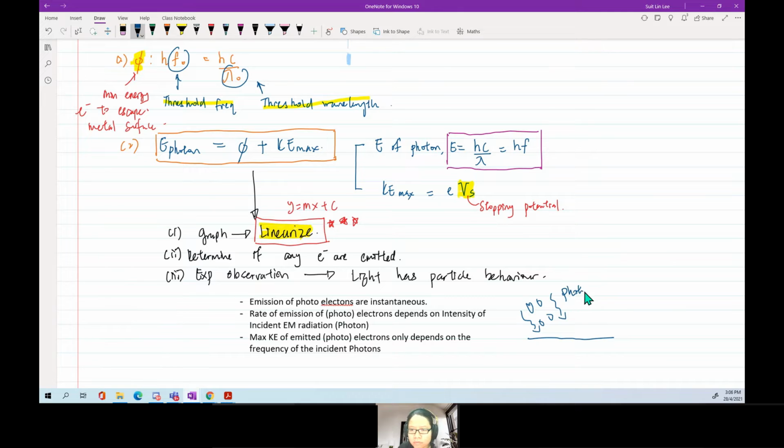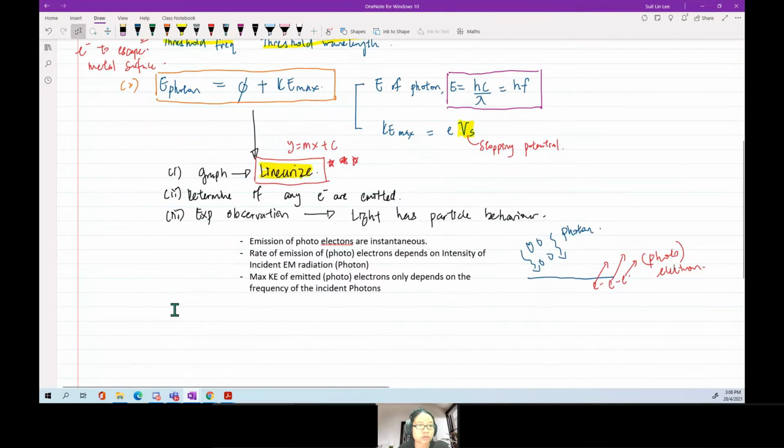This is photon. The electron that comes out because they receive energy is called photoelectron. You don't want to write photo, also can. All right. So linearize the graph is important and then writing the experimental observation. The fourth and final thing that you should know is to explain the effect